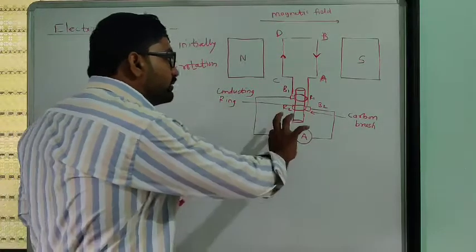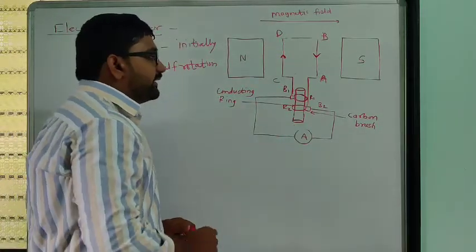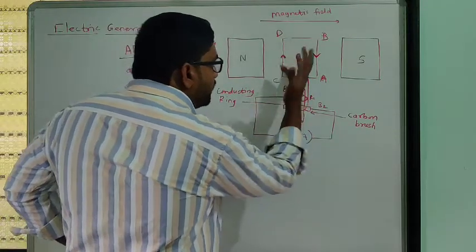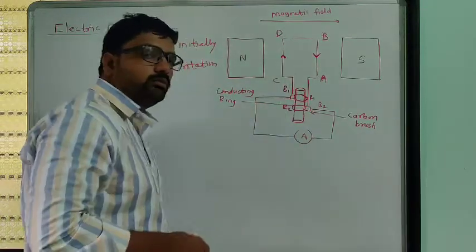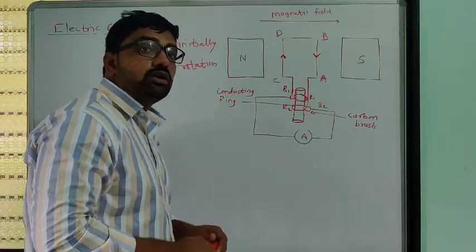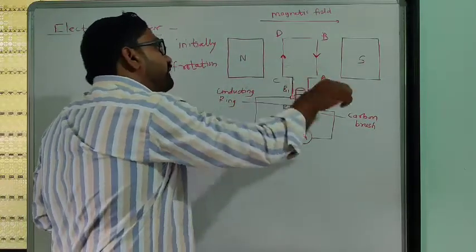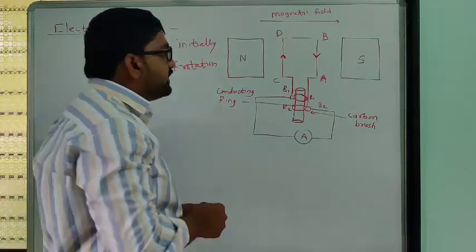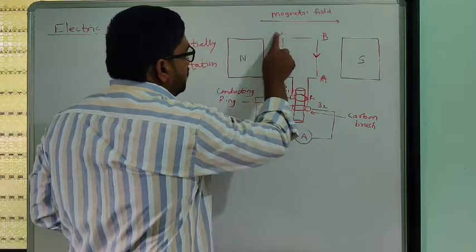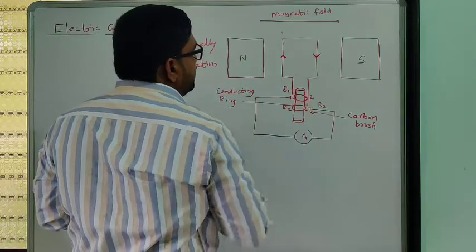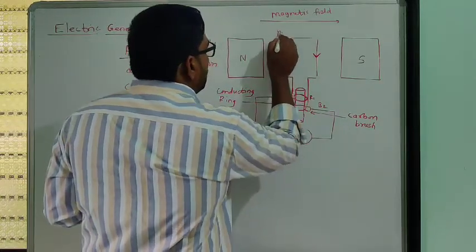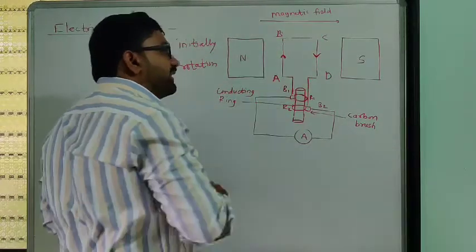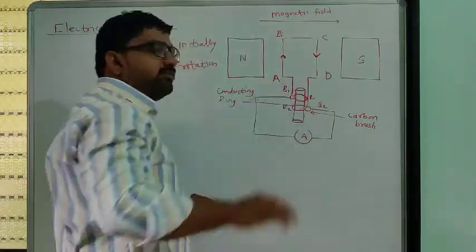As we move the axle of this circuit, due to the motion of the axle, this coil will go on moving. Due to the motion of that coil in the magnetic field, electric current is induced in it. Initially AB is here, so the current will be in the inward direction and in CD in the downward direction.